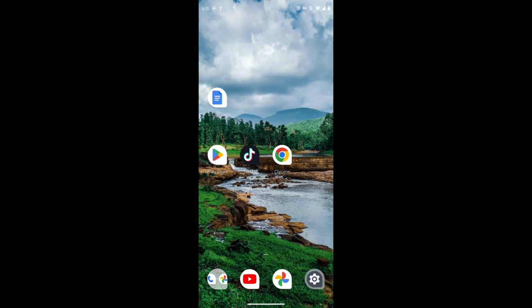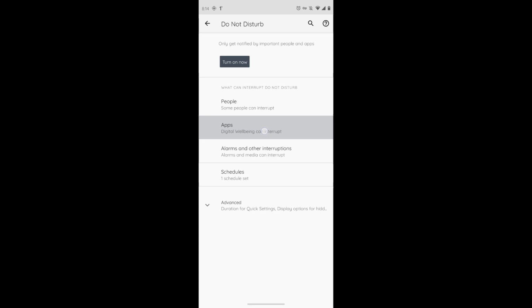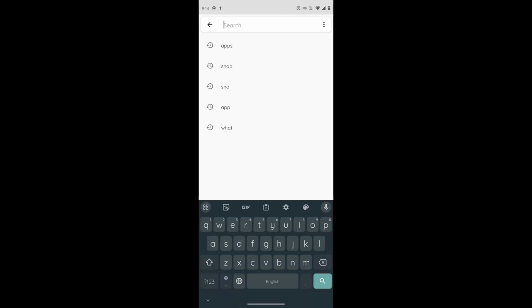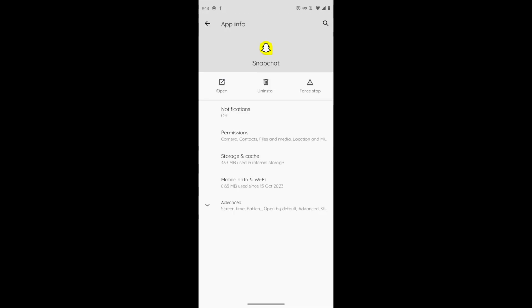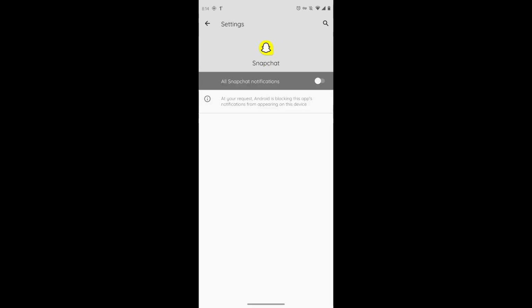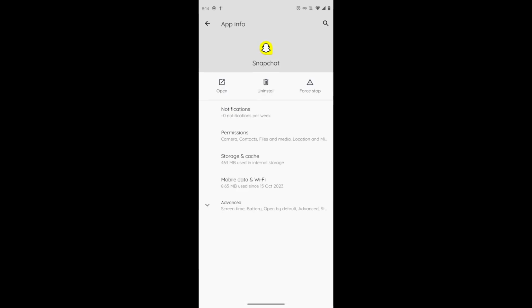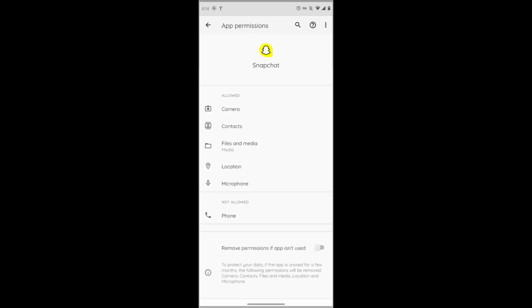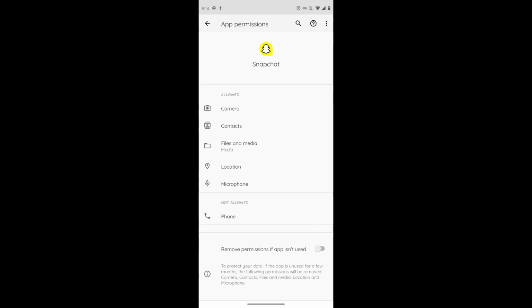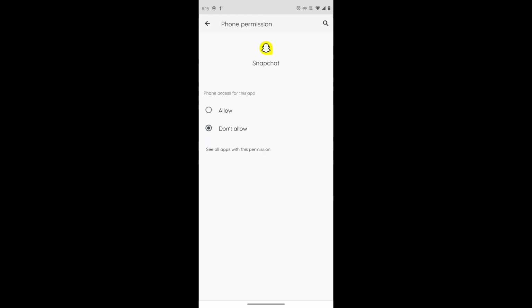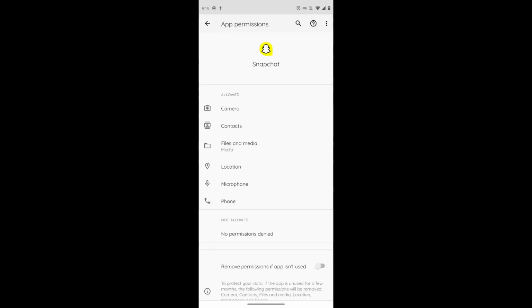working. So if the notifications are not working in your Snapchat application, what you have to do is first of all tap on settings, and after searching for apps you have to search for Snapchat, and after searching for Snapchat here your notifications might be off. You just have to turn on your notifications, come back and tap on permissions, and after tapping on permissions here you can find some options which you have allowed and which you have not allowed. So there might be some options that you have not allowed, just tap on allow, and after doing that your